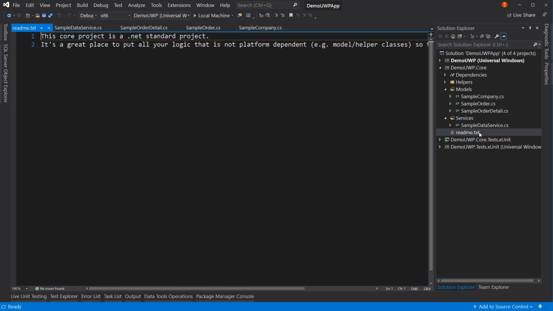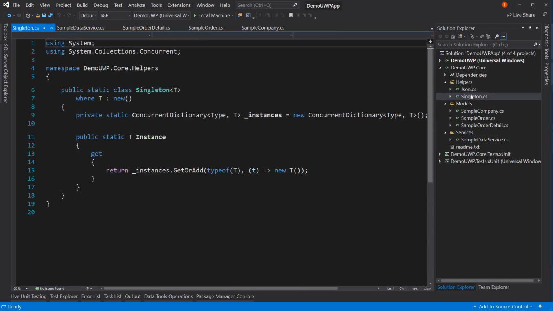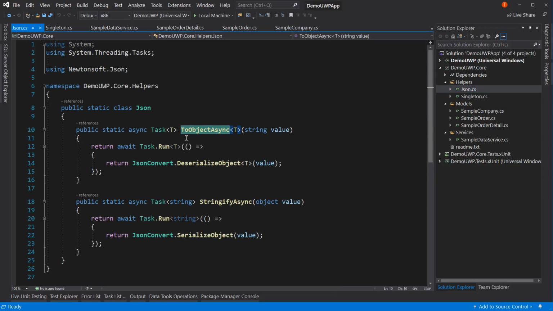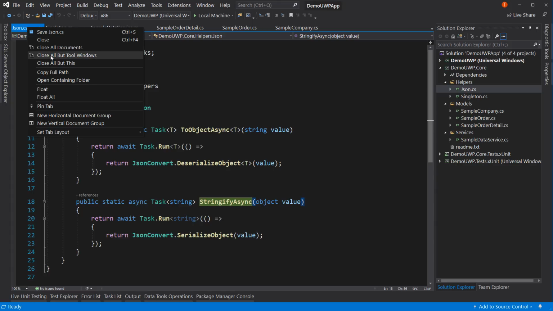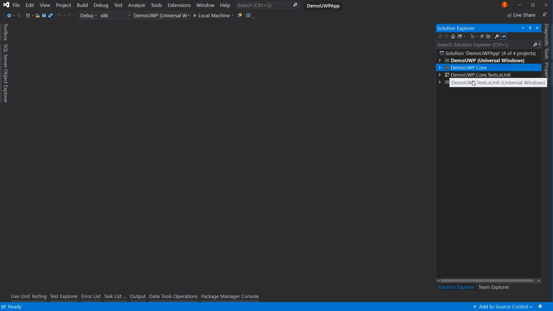And we have our README that talks through what this is and why you would use it. Not a lot of information here, but it kind of points you in the right direction about what to put in this library. All right, so there's a couple of helpers in here that can be helpful as well. Here are JSON to object async and stringify an object as well, and how to do that well using asynchronous patterns. So all this comes down to really a great example of how to set up a UWP